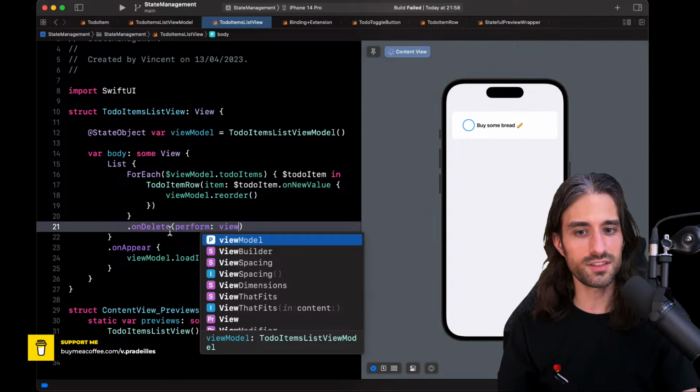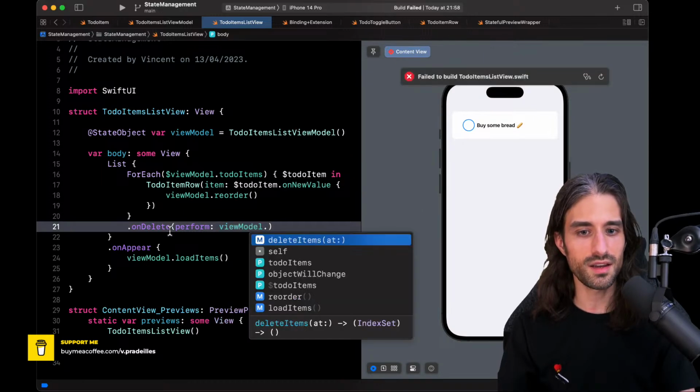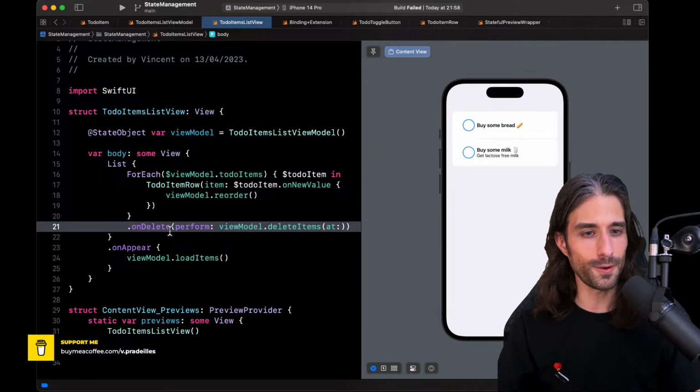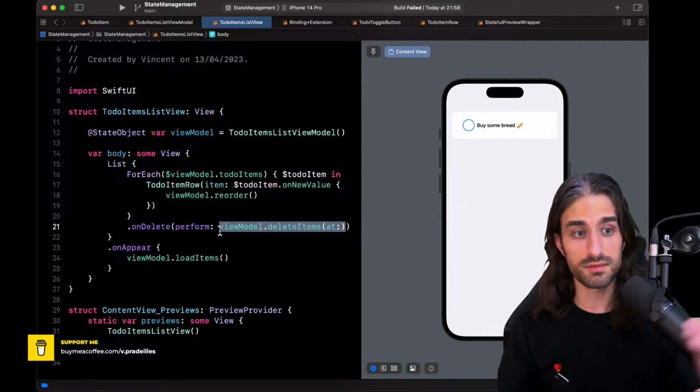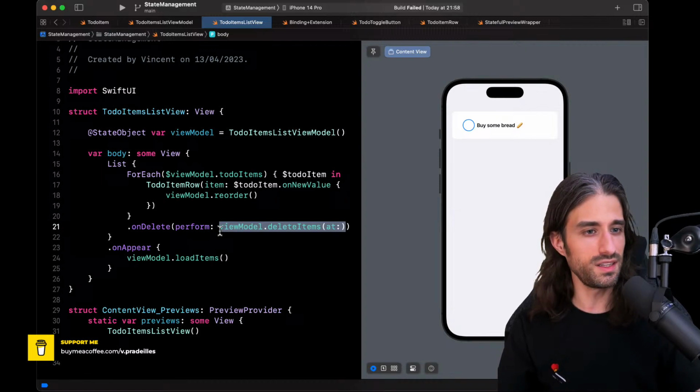It's a syntax where you simply pass a reference to the method like that, and you see it still works. There is no magic expected. The reason why it works is because the signature of the method is the exact signature of the closure, and so passing a closure that calls the method or just passing the method is the exact same thing.